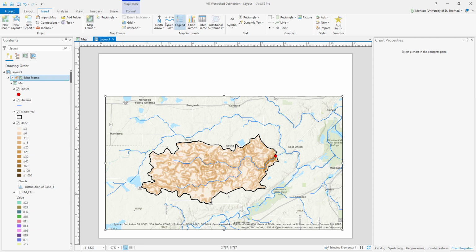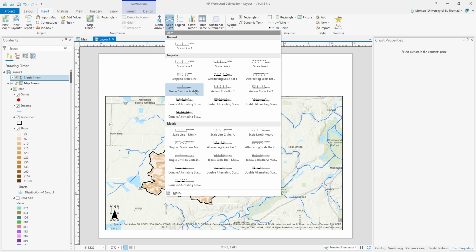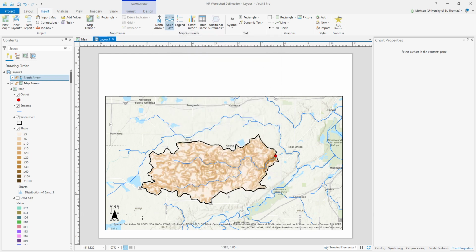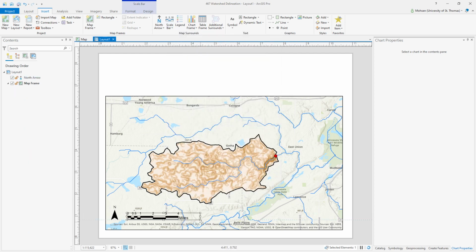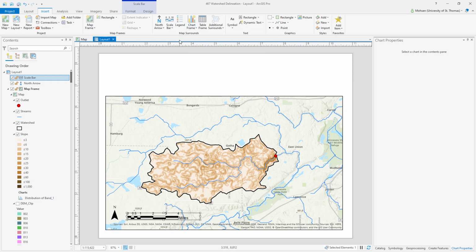North arrow, scale bar, legend, so on and so forth. For example, a north arrow, and you can customize the north arrow to look however you want to. I'm going to add scale to my map over here. This time I'm going to use different types of scale over here. What else? I'm going to add legend to my map